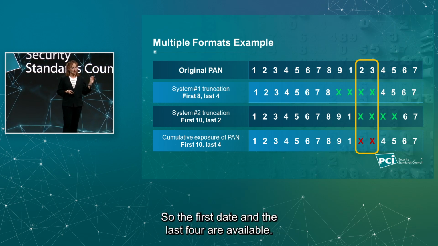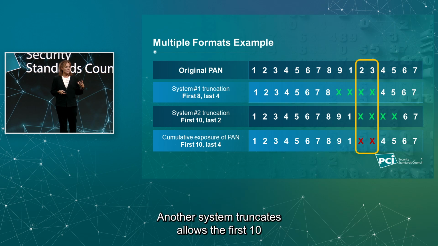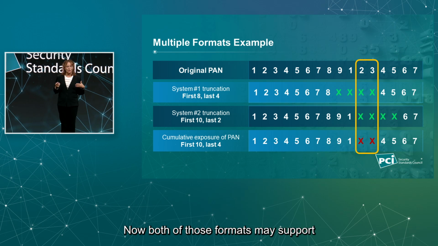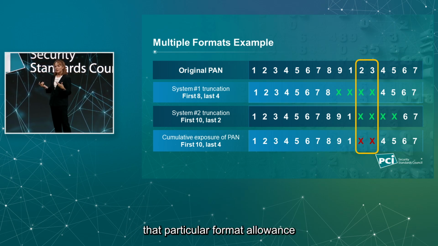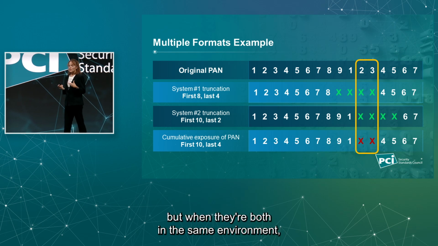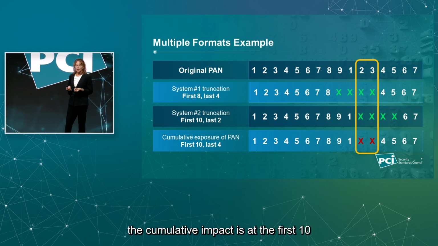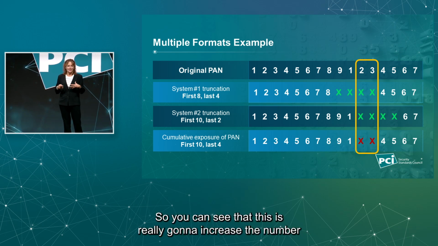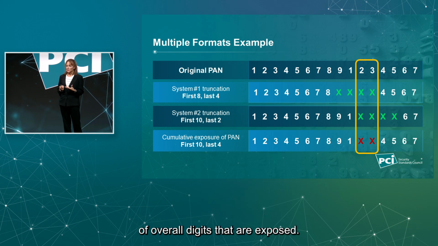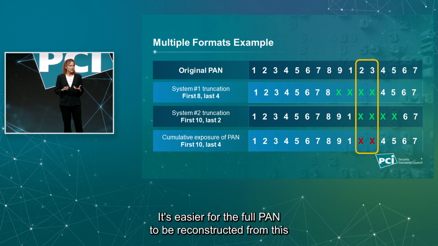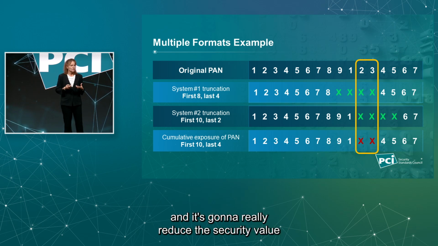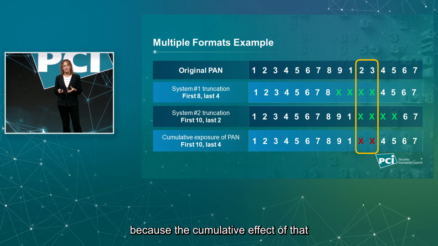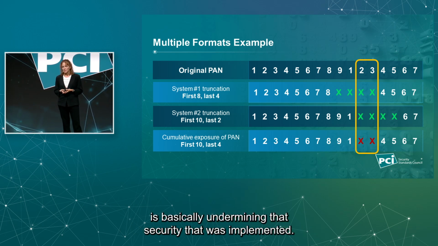Sorry, it truncates the middle, so the first 8 and the last 4 are available. Another system allows the first 10 and the last 2 to be available. Now, both of those formats may support that particular format allowance for that particular PAN type, but when they're both in the same environment, the cumulative impact is that the first 10 and last 4 digits are now exposed. So you can see that this is really going to increase the number of overall digits that are exposed. It's easier for the full PAN to be reconstructed from this, and it's going to really reduce the security value